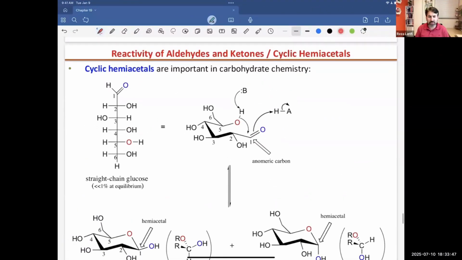So if we can turn the molecule cyclic, we can actually isolate the hemiacetal